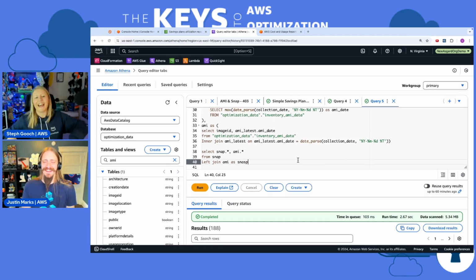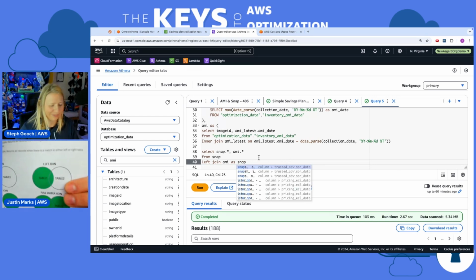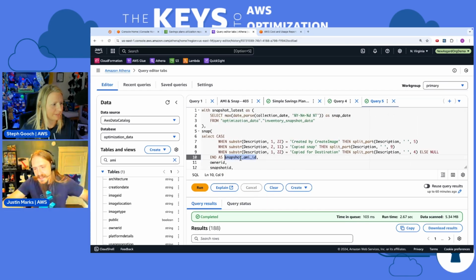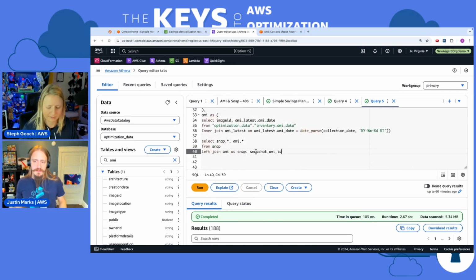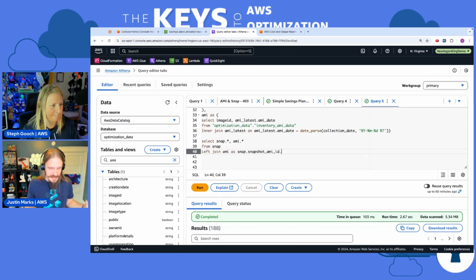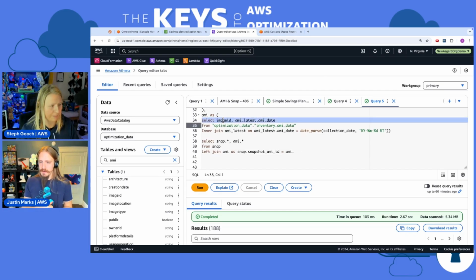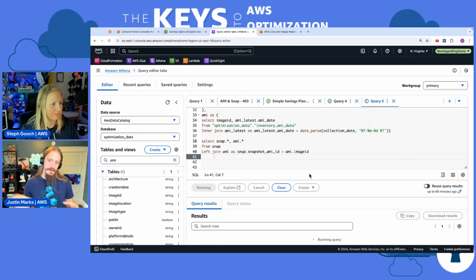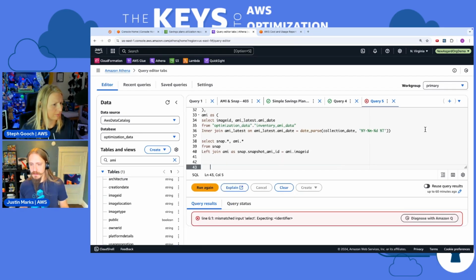Okay, and we're back. Justin, let's do inner joins. Yeah, I mean, left joins. A left join, yeah. So a left join in this case, you can see from my camera table here, we're going to be joining two sets of data. The first one that Steph specifies here, snap, we want everything from snap. And then we also want to see overlaps from AMI. So where she's joining on image ID and AMI ID, we want to see that AMI data pulled into